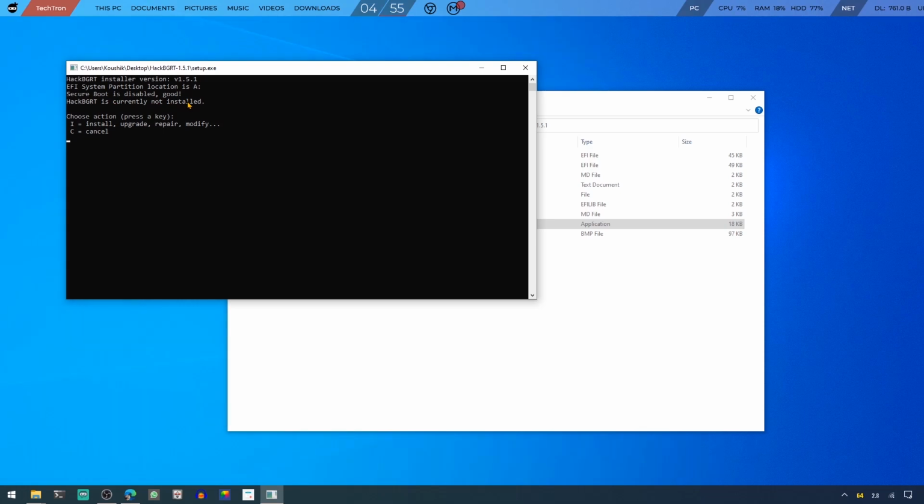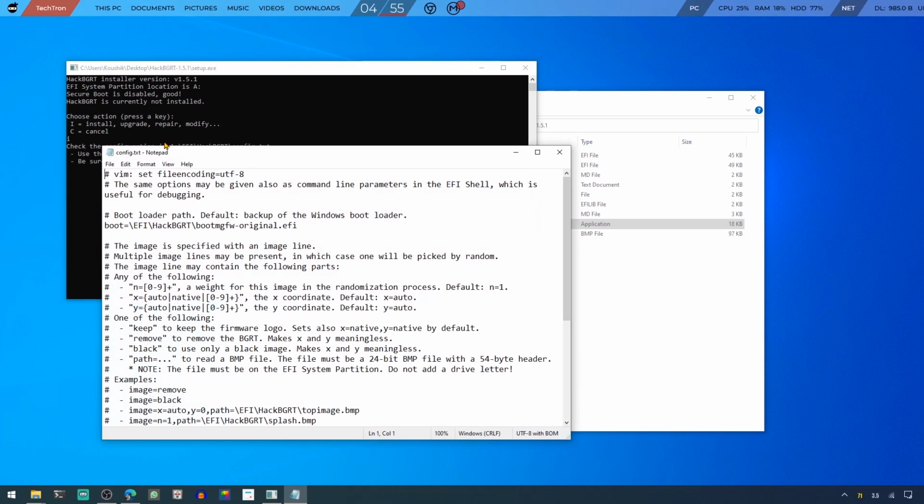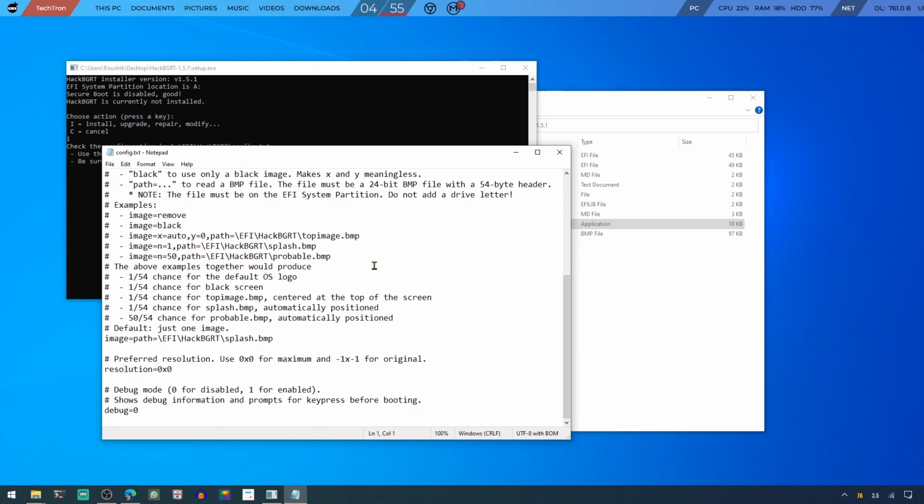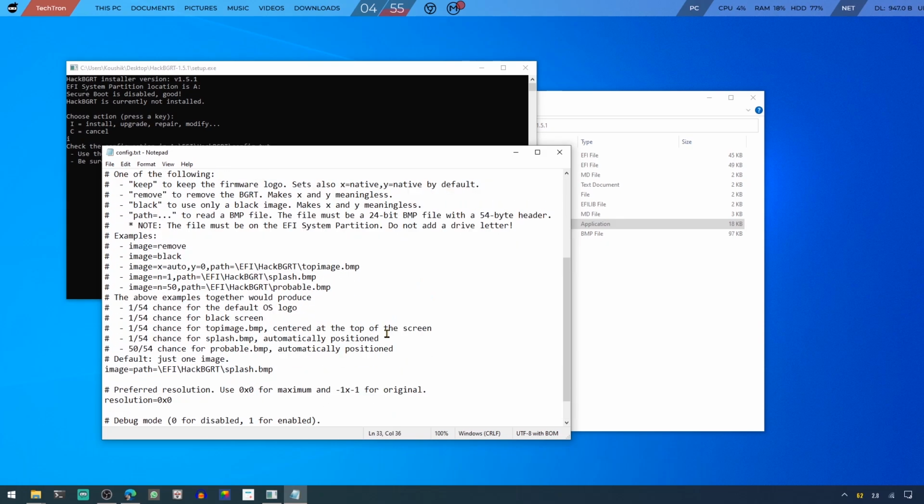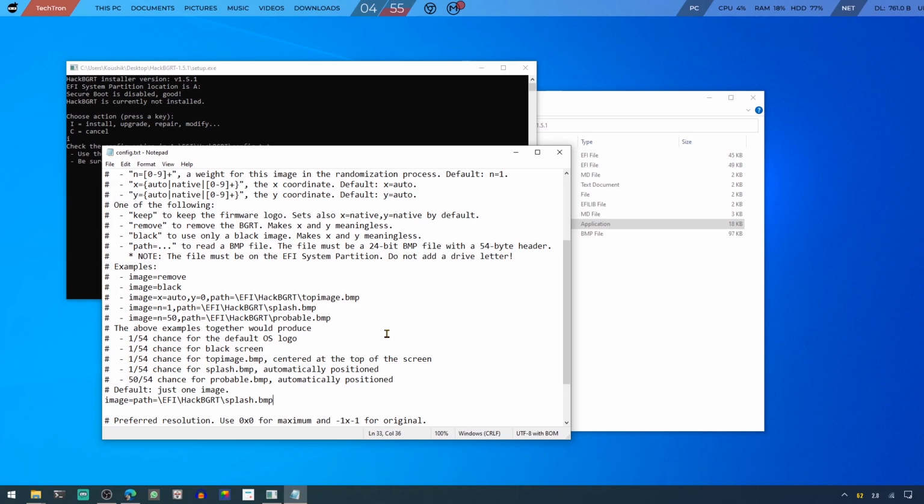So I'll just go ahead and press I. The moment I do that, it will open a notepad with a lot of configuration values in it. I would recommend, if you are not dual booting the system, then leave it as is, just close the notepad. Don't change any value. You can of course see what each of these values do at a later stage, but right now our primary objective is to just change the image to something that we want, right? So in this case, we don't have to change much. Simply click the close button.